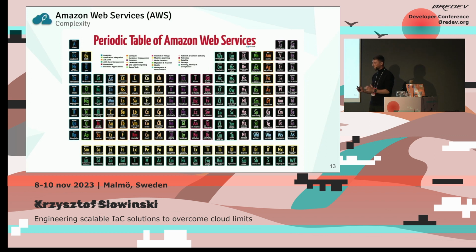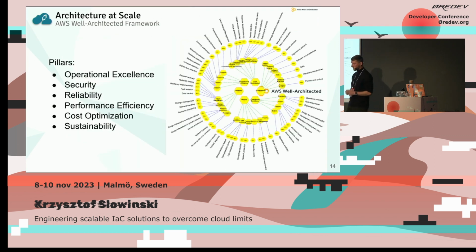So when we talk about cloud and engineering and architecture, the amount of things we have to know and also the number of ways we can solve the same problem is high. So we have to somehow manage that complexity, understand generally what the services are doing. And to help us with this, in the context of AWS, we have a tool to help us with this complexity. It's called the Well-Architected Framework, where we can, using this chart here, which is actually on the website,